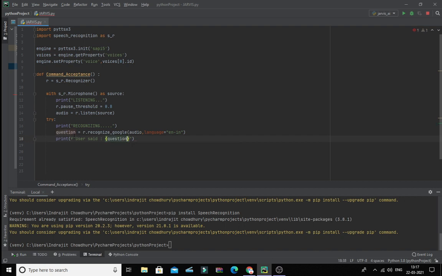And then we will define the except block, generally the catch block in Java, but it is known as except in Python. Under the except block we will write print "Unable to process the audio". After writing that, we are going to return 'None', and the None should be within single quotes as it is a string, and then we will return the question. The indentation should be correct such that the return question is present just below the except block.